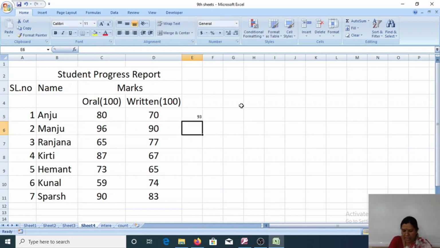We got 93. This is the calculation of average.